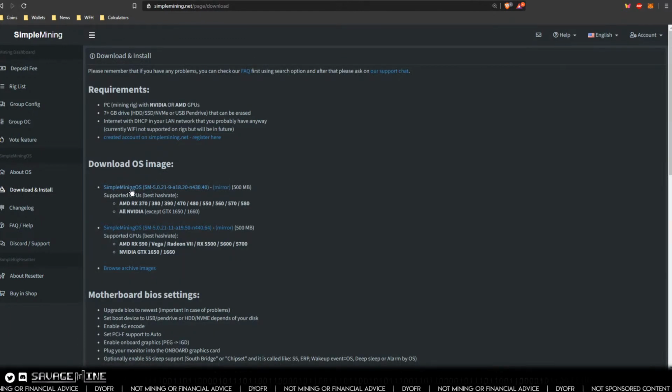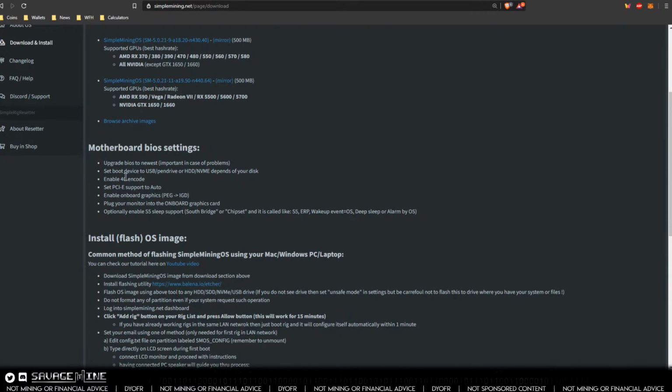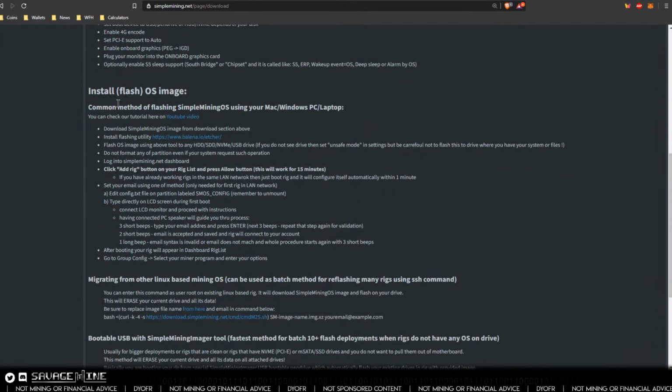I downloaded this image, which is the one for my nVidia cards. You can see there's two different ones, so depending on which GPUs you have, you need to download the appropriate image. And then there's some motherboard settings here if you're not familiar with that part. But again, this is kind of assuming that you already have built a rig and can boot to an OS, right? But there is some important information right here. And then it also goes through the install process, the flash process for